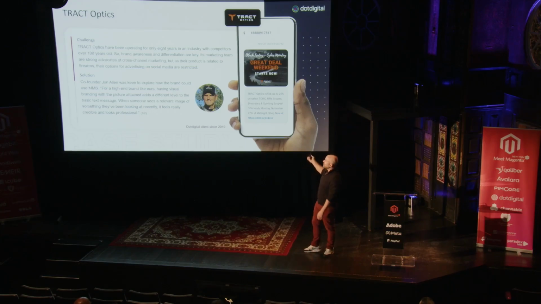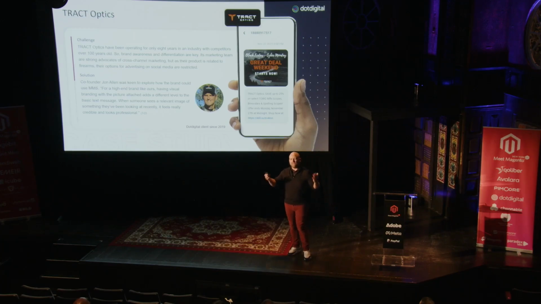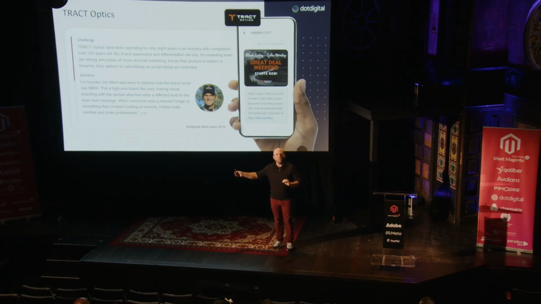When we initially came to Tract Optics, and we said we really think you should be thinking about SMS as a channel for all these different reasons, 98% engagement rate, et cetera, they said, look, we don't have the time. So we said, well, let's run a test. Let's start with some of the transactional stuff. Let's build up an audience of marketable people. And then let's test and see what happens when we simply use SMS as a complementary aspect to your